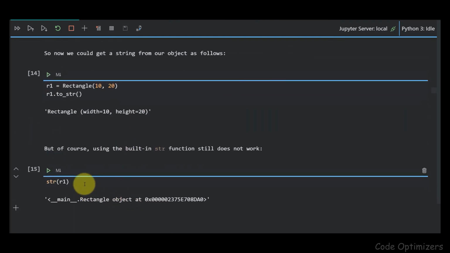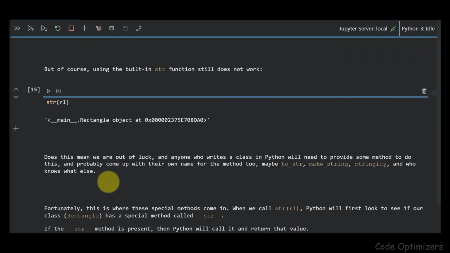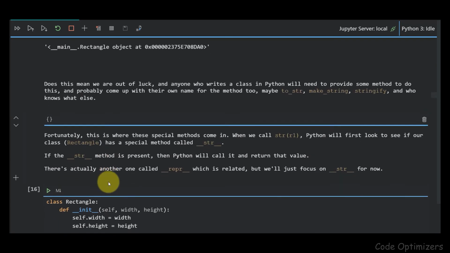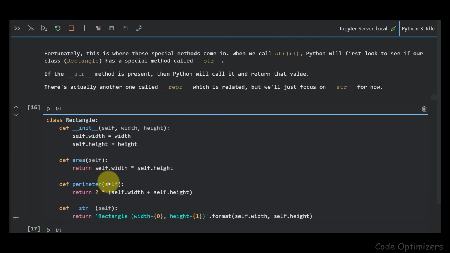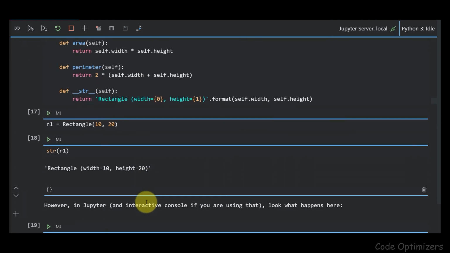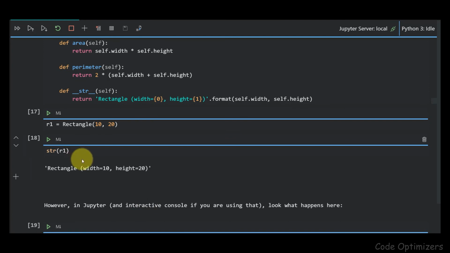We can do that using the special method called dunder str. So when we call str of r1, Python will first search class rectangle and then look for the special method called dunder str. So we define dunder str here in class rectangle, and here we put a return of the required output string. If we run now, we get the proper output.